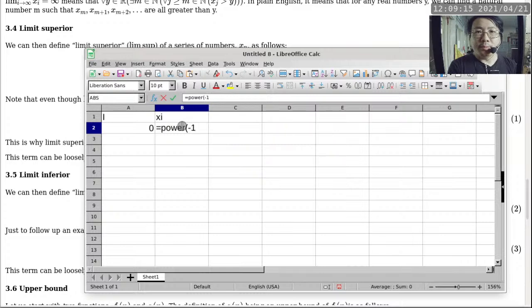The base is going to be based on -1, but I also want to make sure that it has another component that changes the amplitude of the oscillation. So we're going to add